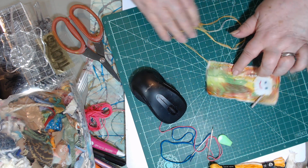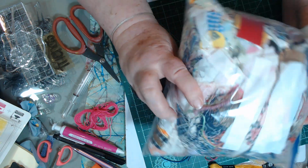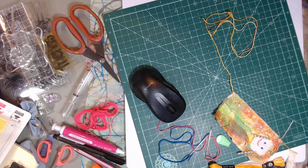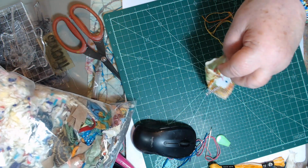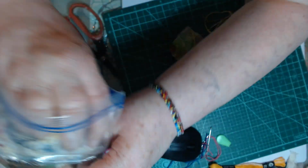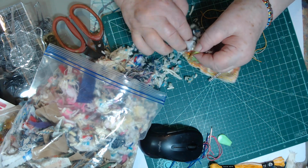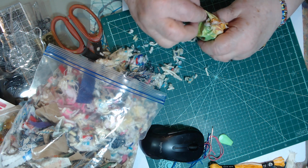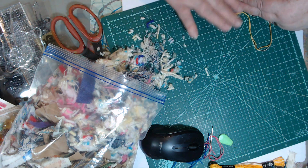Okay, so now I got to put her innards in there. You know, I need to give her a liver. See here, I save scraps. I save little tiny scraps and threads and stuff. And that's innards, innards for anything that needs innards. So I'm going to stuff her with innards. Let's see if I can do this without making a real big fat mess. There's yarn in here, there's string in here, there's little pieces of fabrics in here, and all kind of stuff just for innards,